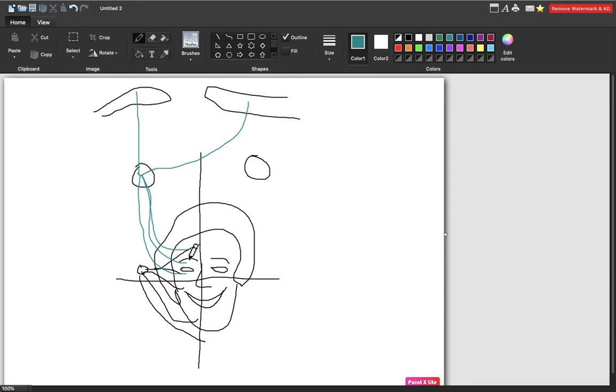The upper part of the face is bilaterally represented, that is, it crosses and goes to the opposite cortex as well as to the same cortex, whereas the lower part, let's take some other color. Lower part goes only to the opposite side. Whatever the branches are supplied here, supplying the lower part, goes only to the opposite side.